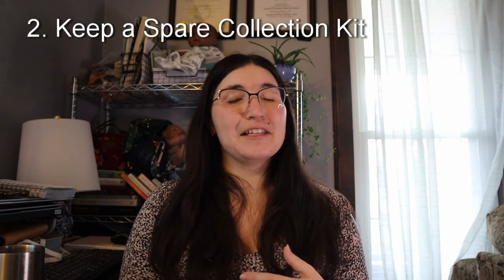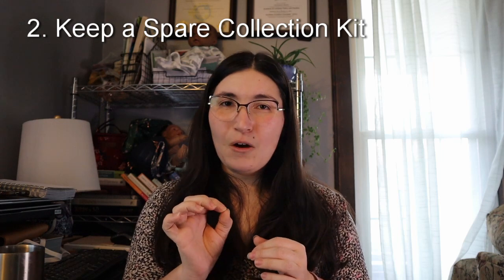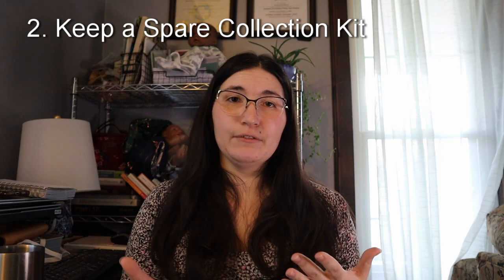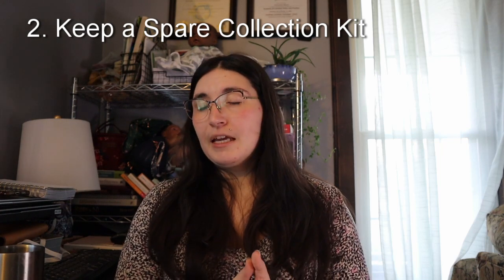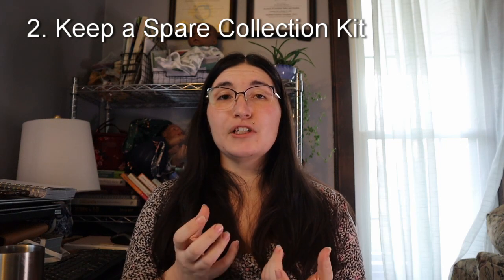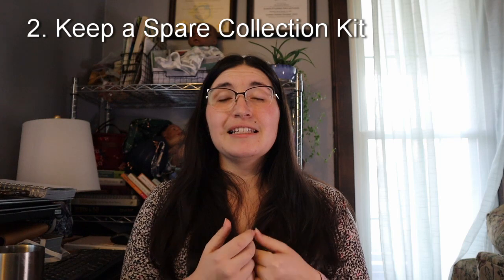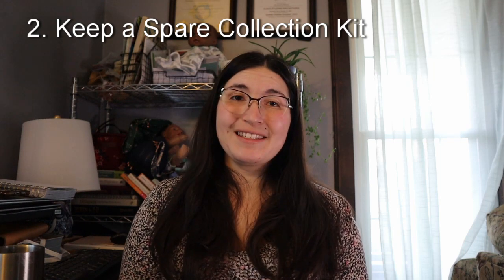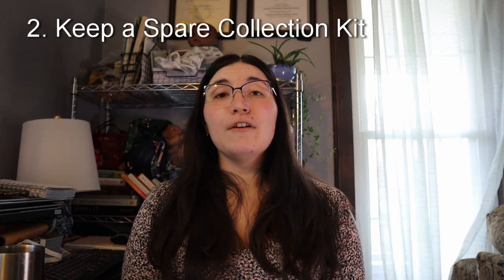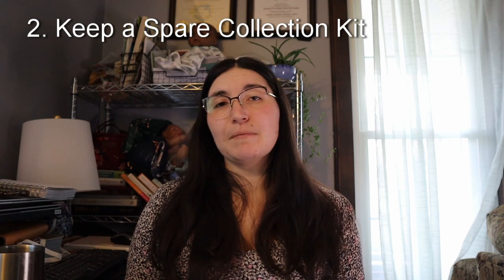functioning of the pump. A spare set of tubing, because even just the tiniest little pinprick hole in one of your tubes is going to completely ruin the suction. You want to make sure that you have enough storage bags and bottles. So it's a good idea to keep extra parts in your desk or in your car, somewhere where you can easily get them if you get all set up to start pumping and realize that something is missing or something